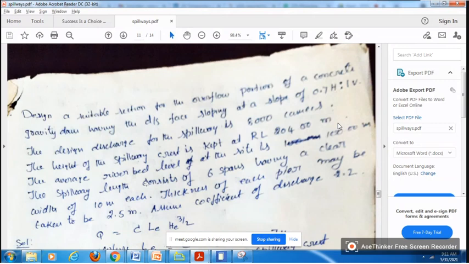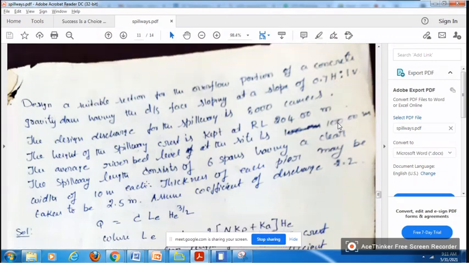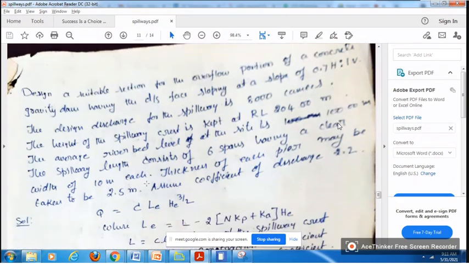Now, what is the main objective of this? The main question is that you have to design the profile of the overflow section of a gravity dam. So we have to design the O-gauge spillway, which means profile design on the upstream side and downstream side. For that we know the formula: x to the power of n is equal to k y to the power of n minus 1 into d.